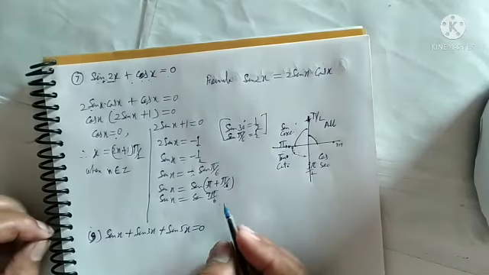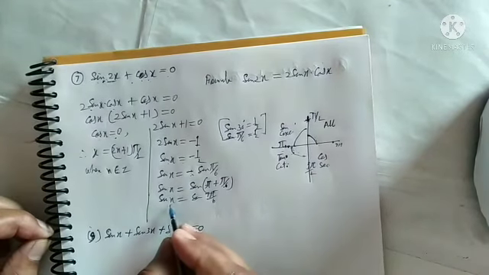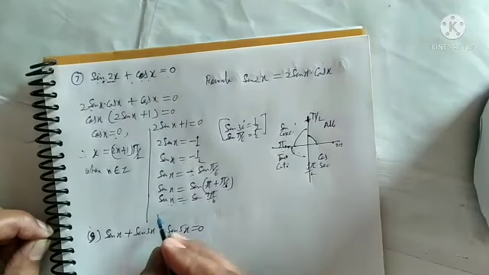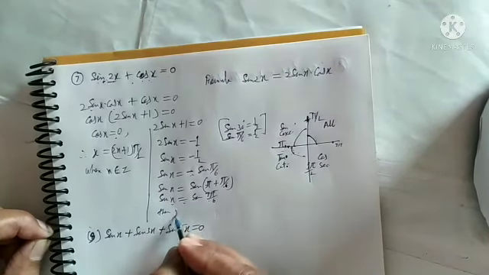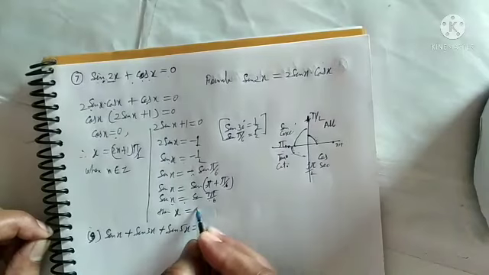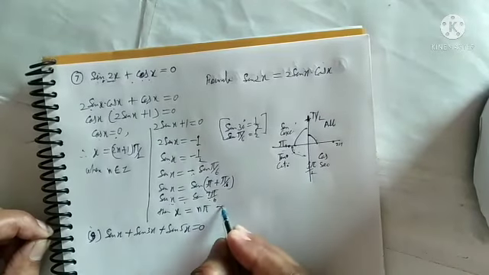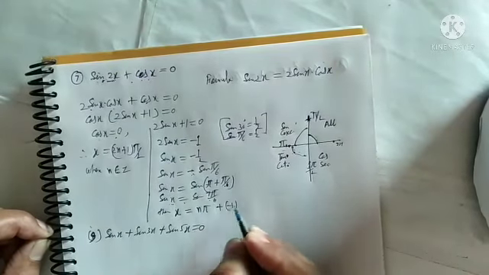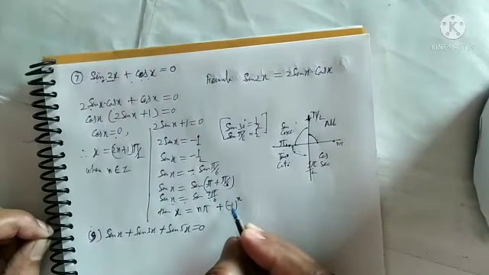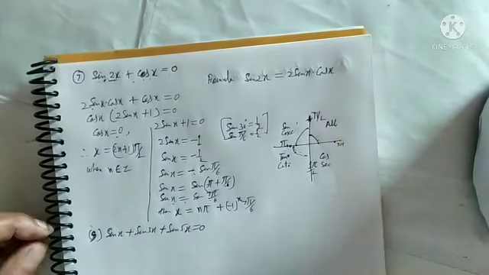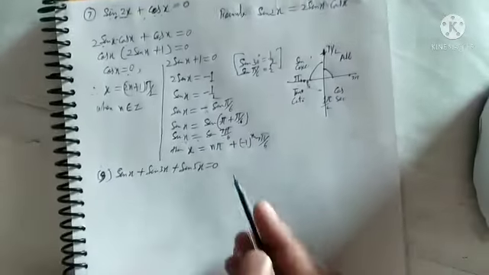Hereafter you can do it very easily. If sine theta is equal to sine alpha, and we know alpha, then we know theta, or x, is equal to the direct formula n pi plus minus 1 power n, and the alpha value is 7 pi upon 6. Write 7 pi upon 6. So this is also done very easily.